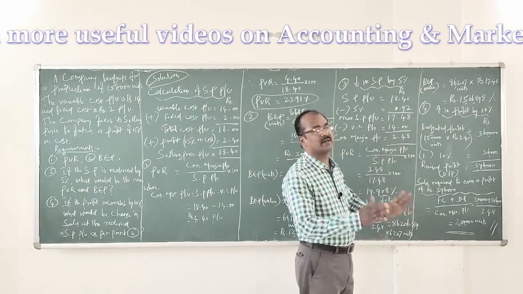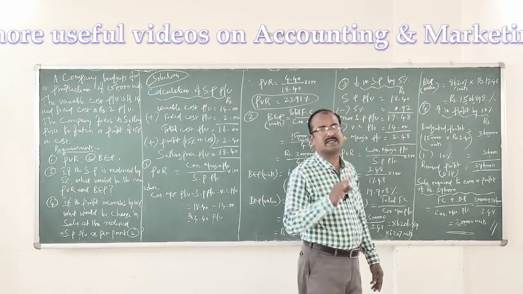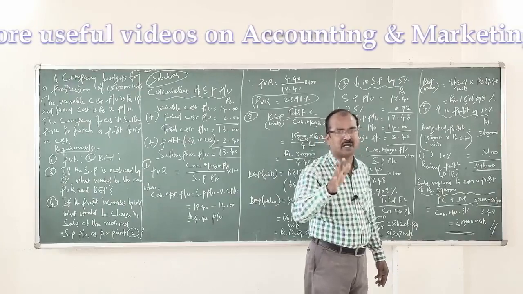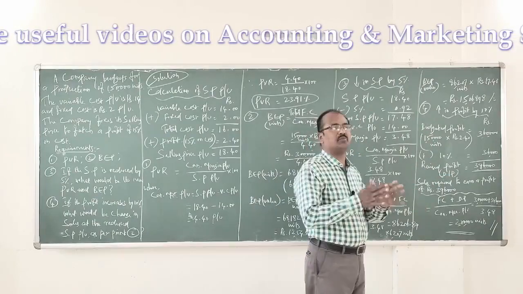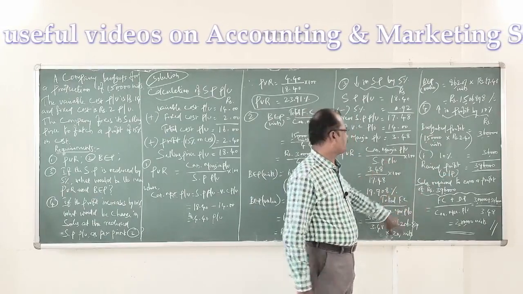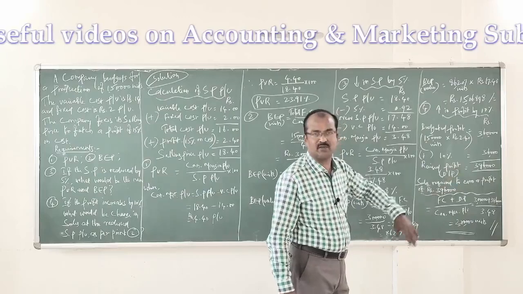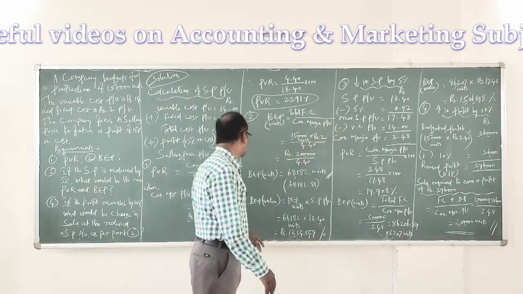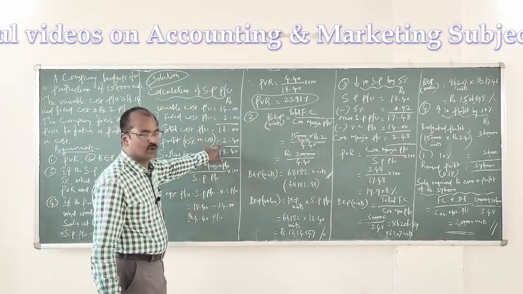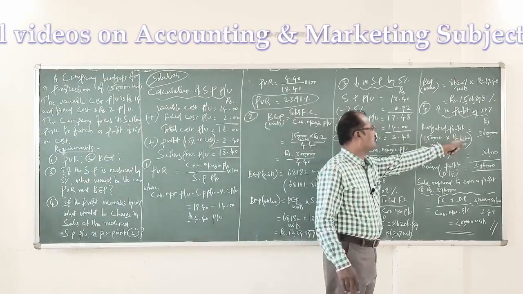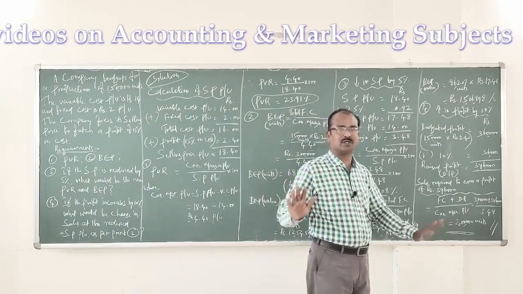Now let us answer requirement 4. What is that? When you find an increase in profit by 10%, what is the impact of it on sales? That's what we are going to do now. Budgeted profit. What is the profit being earned by the concern in the given situation? When it sells 150,000 units, it earns a profit at the rate of 2.40 per unit. Please have a look at the working that we have done. What is the profit we have charged on every unit of the product? 2.40 rupees. Therefore, if you multiply these two, you come to know 3,60,000 rupees is the total profit being earned by the concern in the original situation.